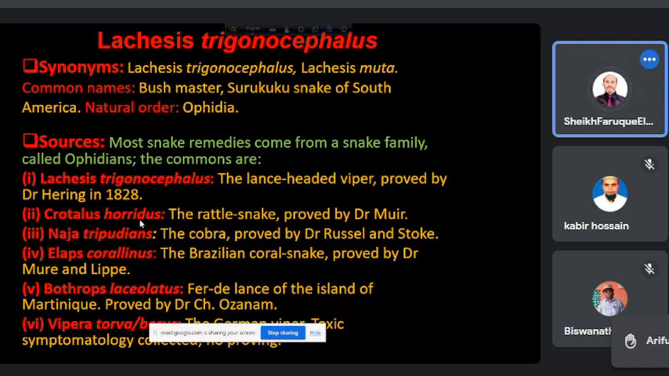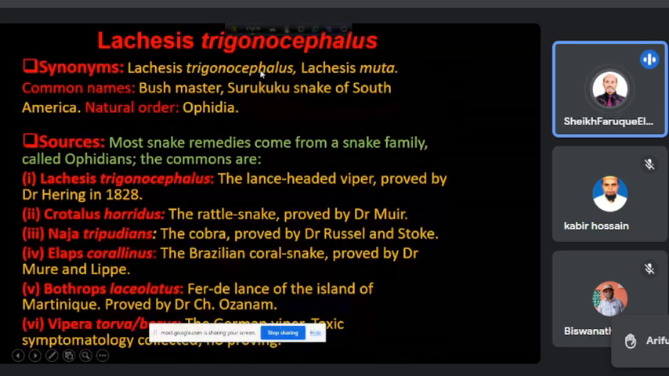So its book name is Lachesis trigonocephalus. Its synonym is Lachesis muta. Then there are common names, because these are Latin names, but there are common names of a medicine